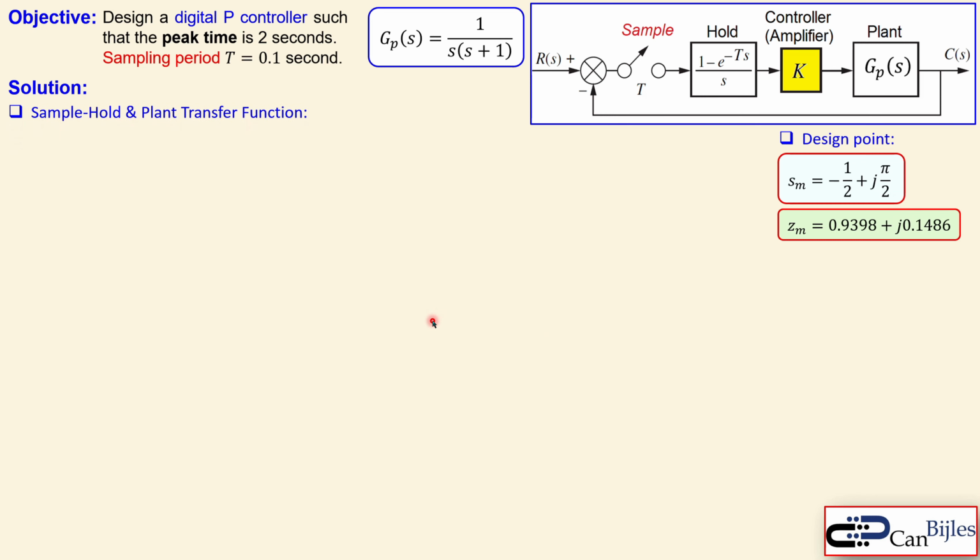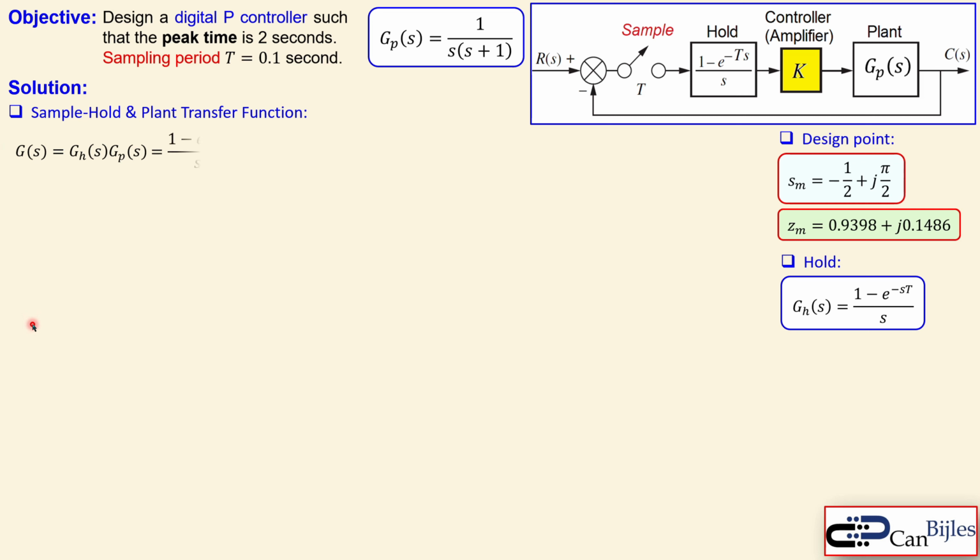When we move on, we now start by combining the sample, hold, and the plant transfer functions together. So the plant transfer function, hold, and the sampling. These are together, and that is given by the hold function first. This is the hold, which is Gh here, and that transfer function will now be multiplied by the plant transfer function Gp. That's shown here. The product here is just called G. And that is shown here, so it is 1 minus e to the power minus sT over s times